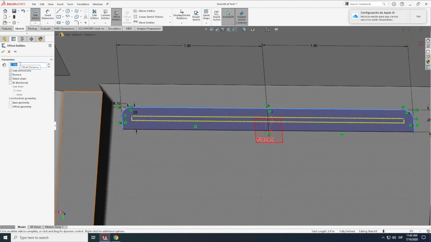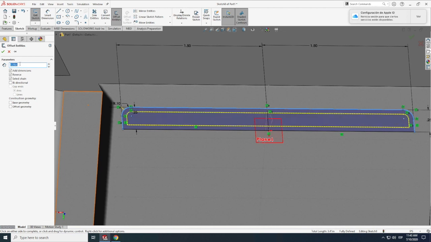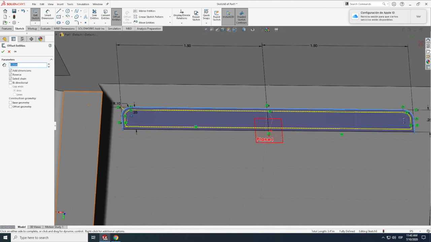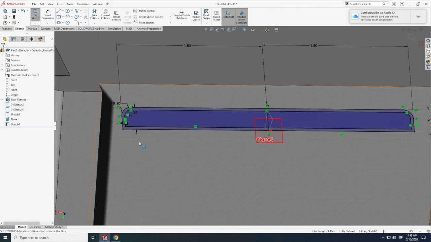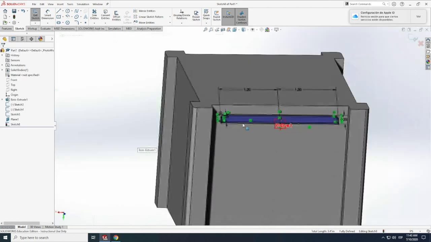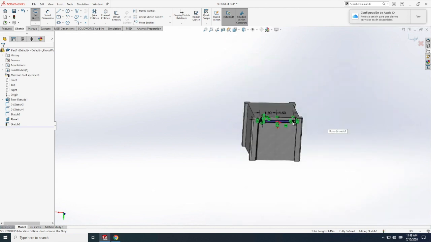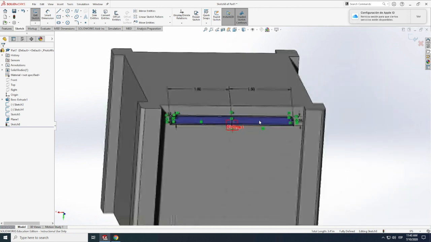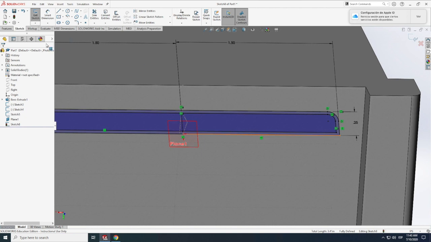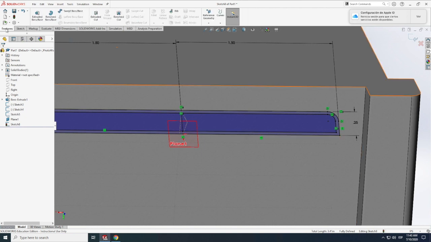Let's see, 0.05. Oh, that looks okay. Let's say slightly less. 0.03. What about that? Yeah, that seems okay. And now what we can try doing is, let's see how would this look if we did a